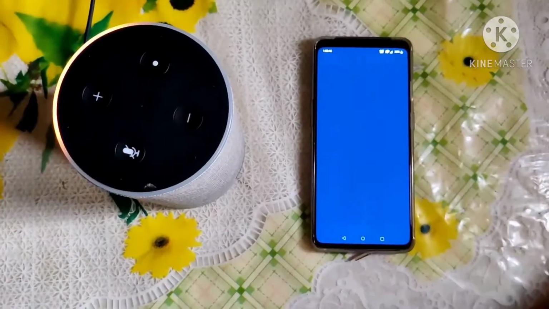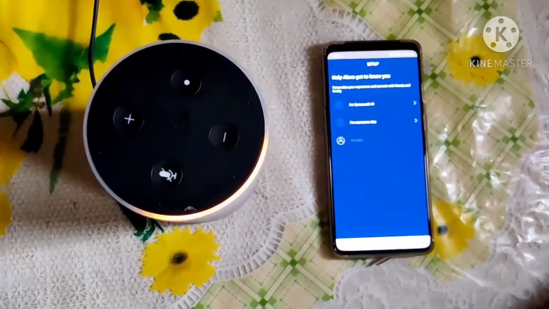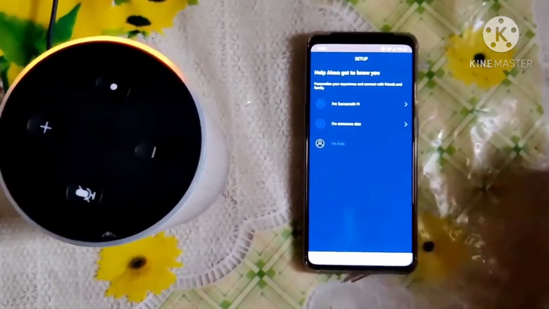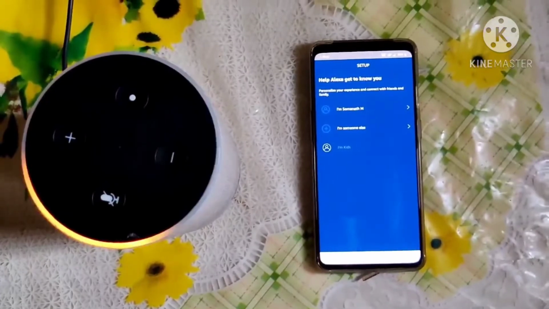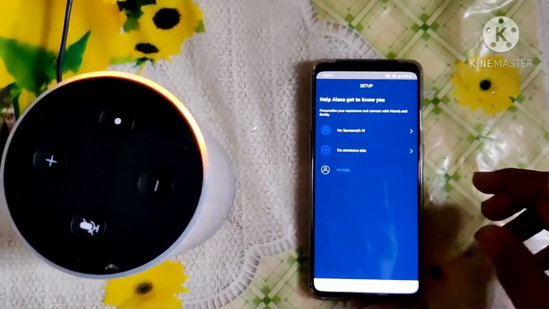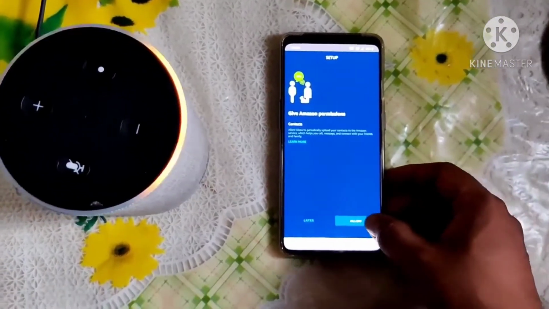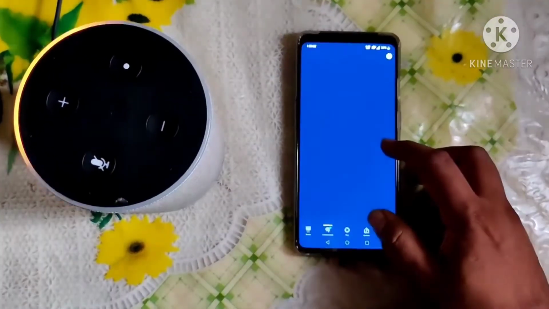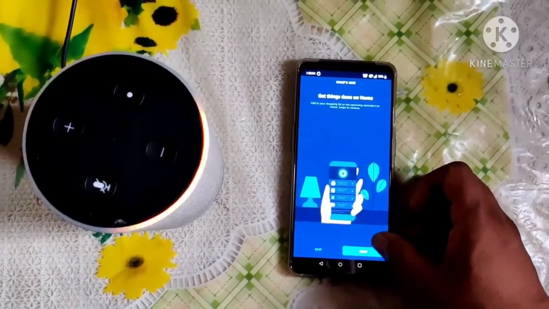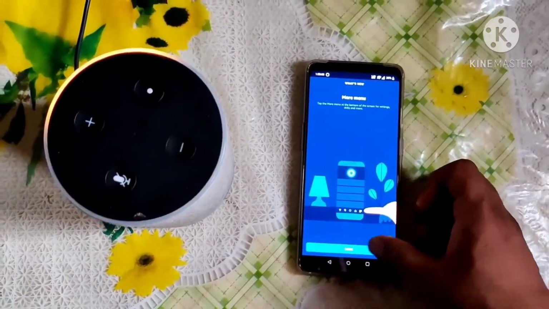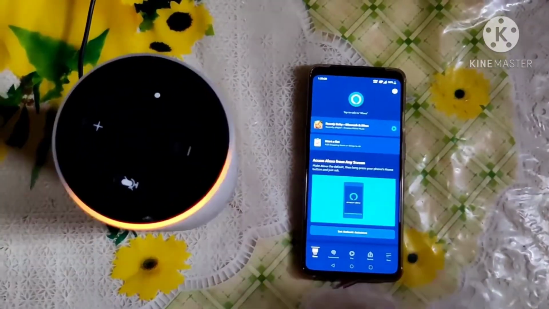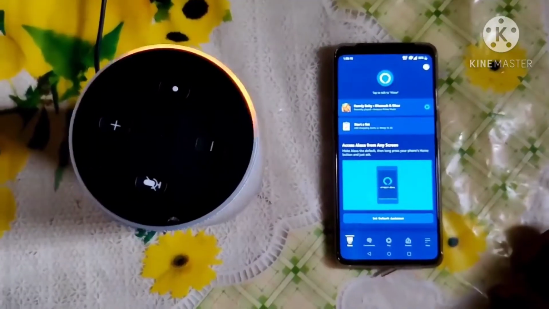Now after you log in with the Amazon account, you have to configure the Echo device. Now you can see it is asking whether you're Somnath or not, because I've already configured. I'll say yes, I'm Somnath. It's account confirmation. Give that confirmation, and then you have to give the permissions for the Alexa app in the mobile. Allow all the permissions. Done. So once you give all the permissions, now Amazon Alexa account sign in is completed.